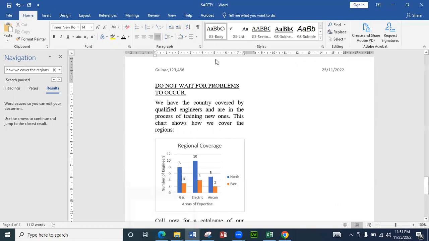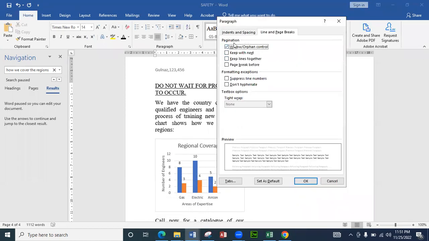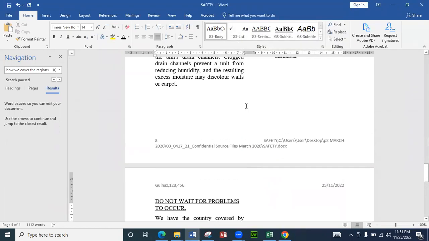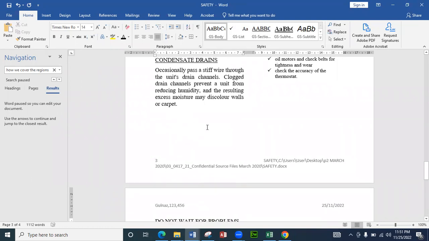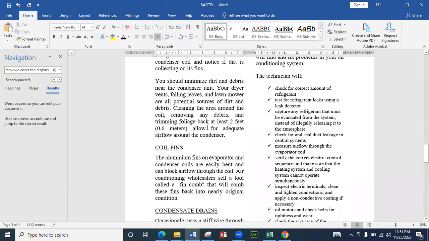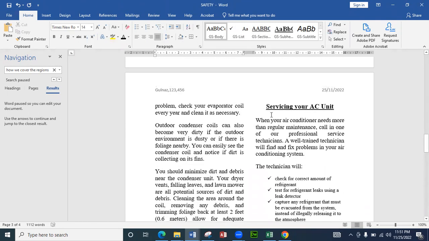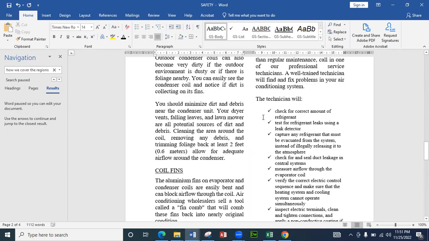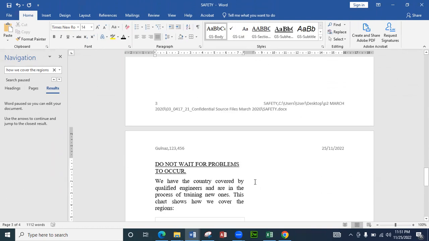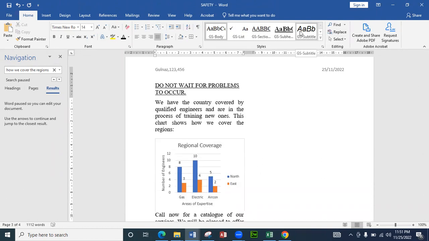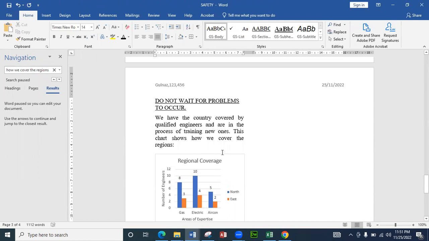Then actually this means that if a paragraph is ending and only one line is left, this shouldn't be happening. And sometimes it happens that the first line of a paragraph remains at the end of the document, or sometimes the last line of the paragraph moves up to the next column. Okay,